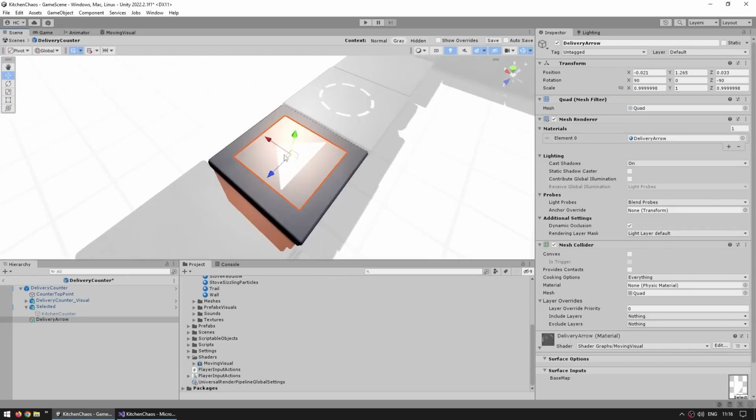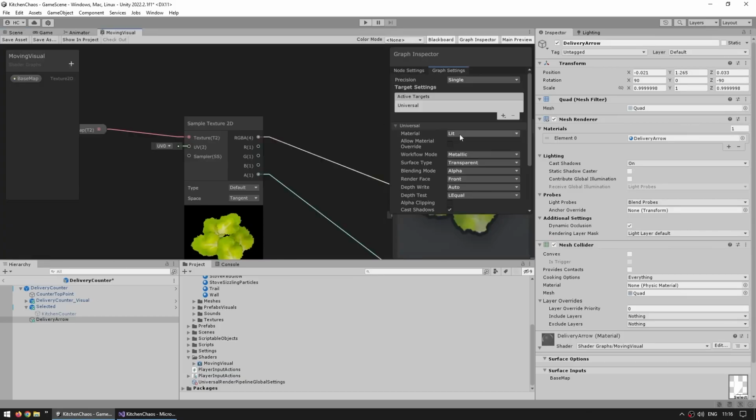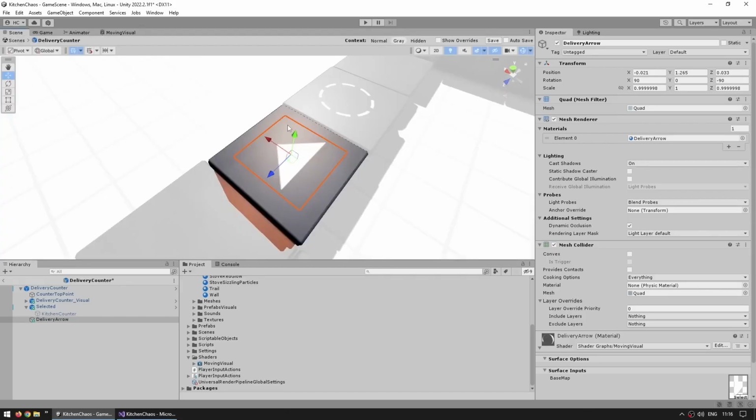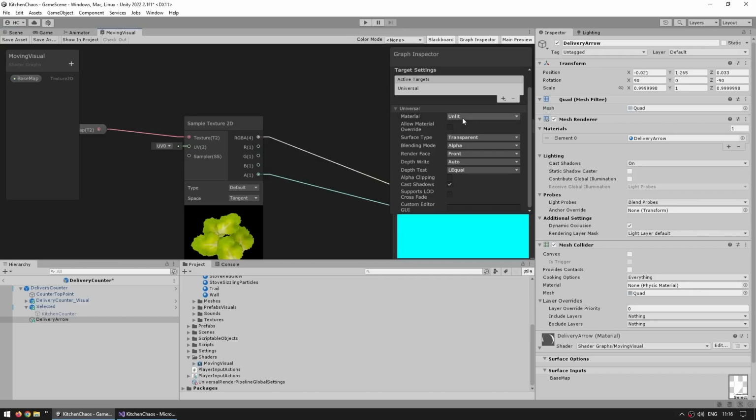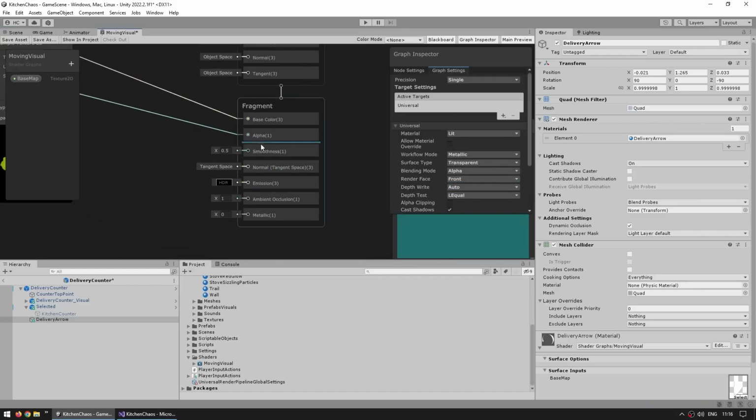Basically, it actually is transparent, but since we made this a lit shader, sometimes the light might make the transparent parts visible. One option to solve that is over here on the graph settings. Instead of making it lit, let's make it unlit. That would work. So yep, with the unlit shader, the transparency is perfect. But if you really want to keep it lit, then the other thing you can do is just over here play around with these settings. You've got smoothness, AO, and so on,